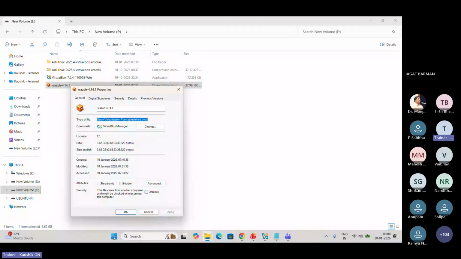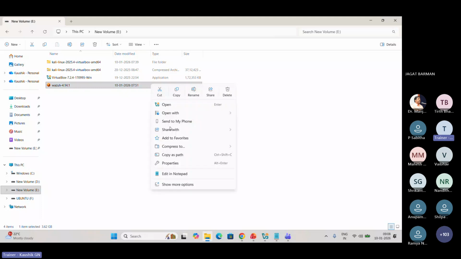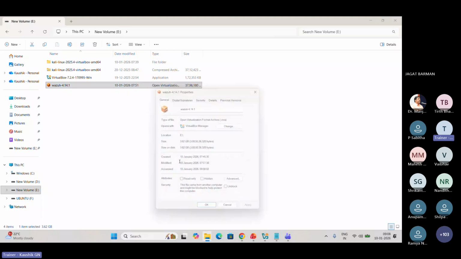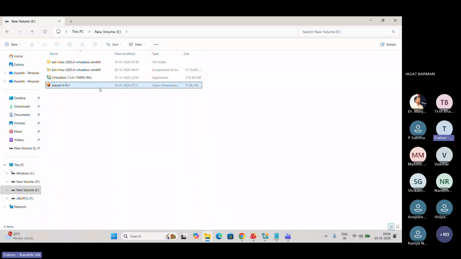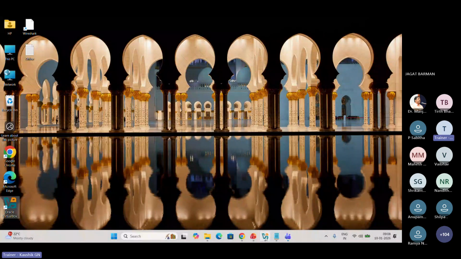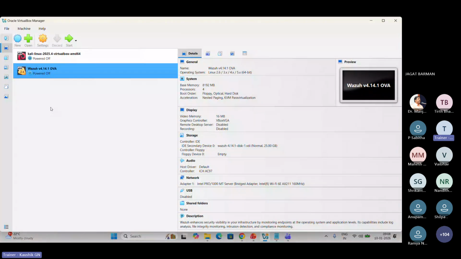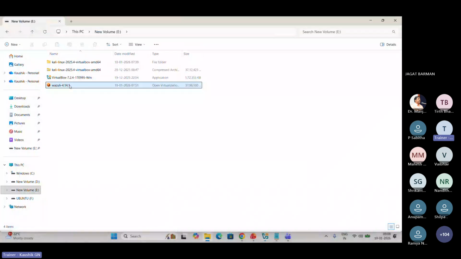Yes, you can download it. It is around, I think, 4 GB. You have to download it first, then go to the virtual machine. This is the virtual machine. Once it is downloaded, double click on the Wazuh OVA file. It will automatically come here. Then how to open it?